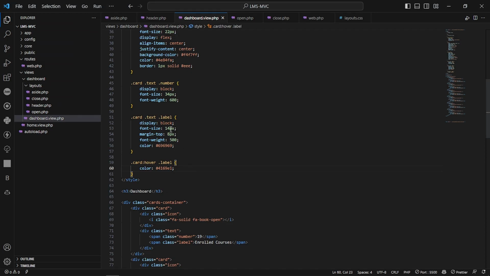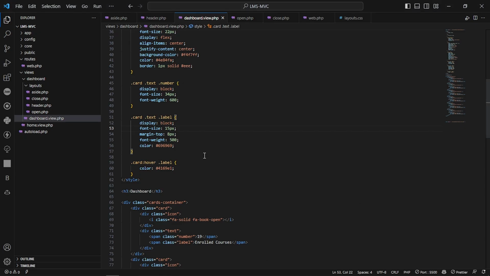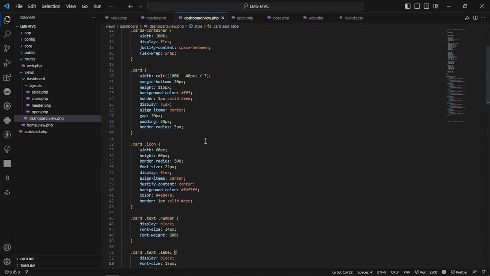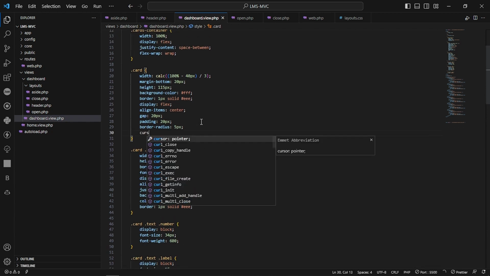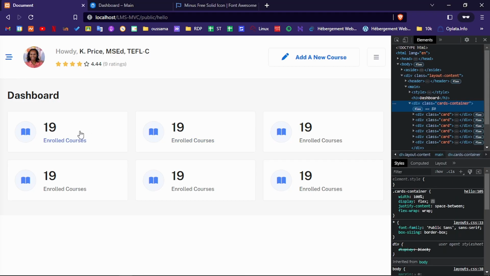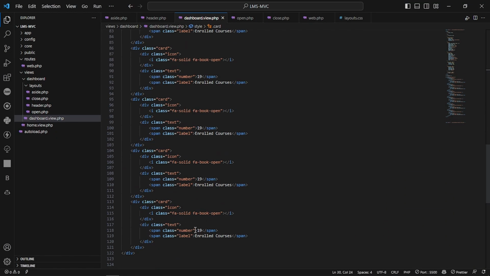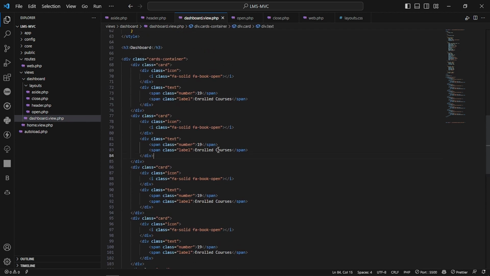Okay, so the last thing I need to add is to make a cursor pointer in our card. Cursor pointer, and it should appear like this. Okay, so now we can recopy our titles and everything, and the next one, the second one will be